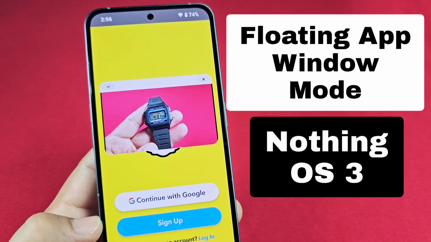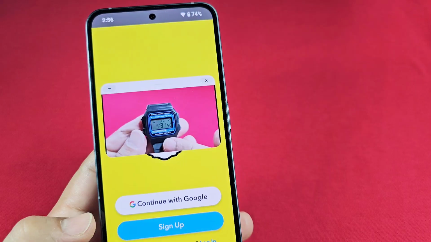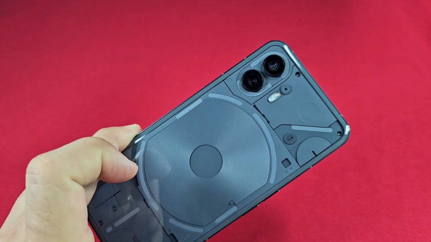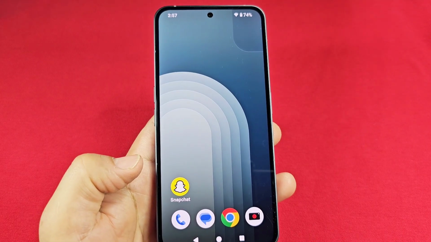How to enable floating app window mode, also known as pop-up view mode, for Nothing Phone with Android 15, Nothing OS 3. To enable pop-up view mode, the first thing you want to do is already have the app